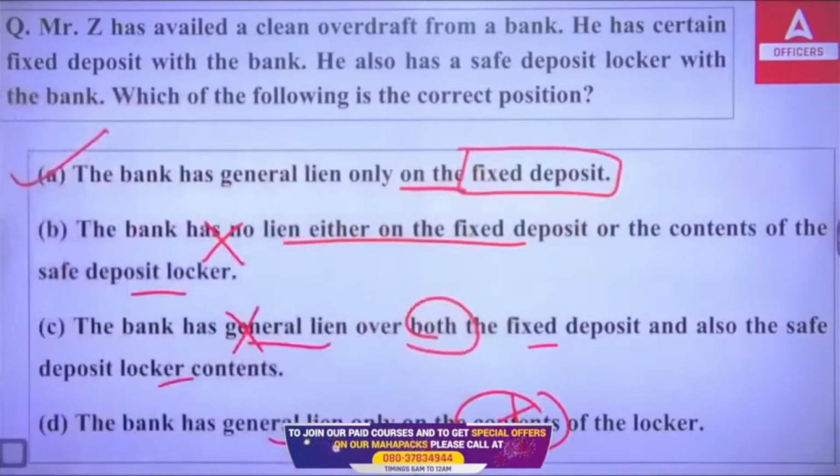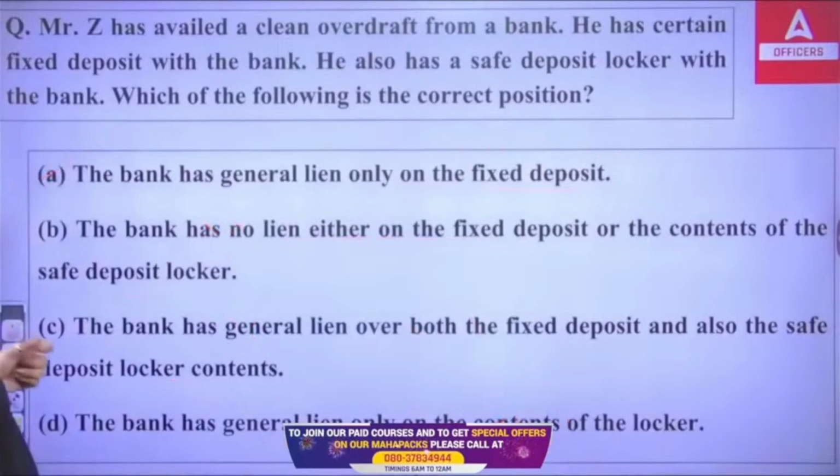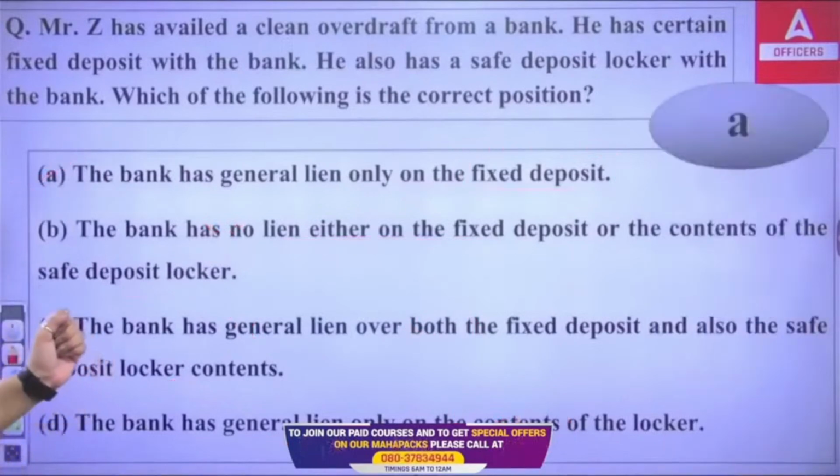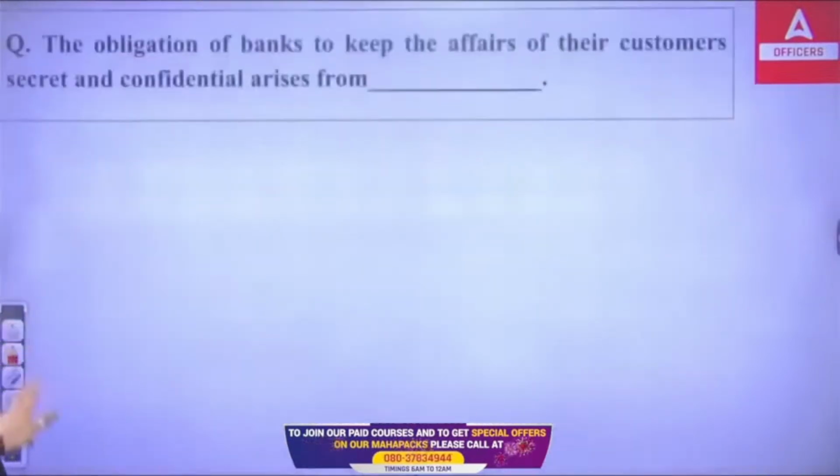The bank has general lien only on the fixed deposit. There are two types of lien, general lien and specific lien. So the general lien is only on the fixed deposit. Okay, so right answer is A. Okay, right answer is what? It is A. Now,